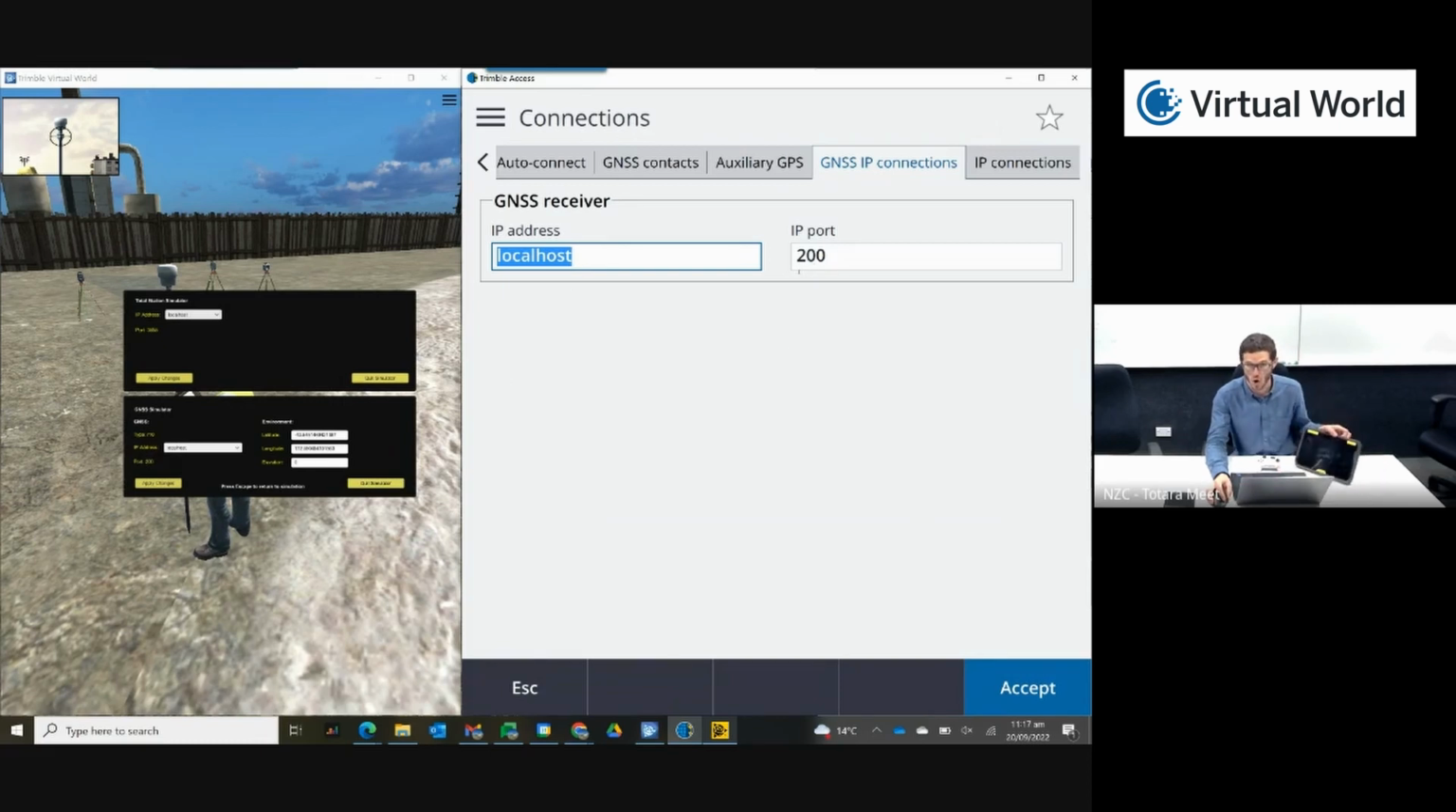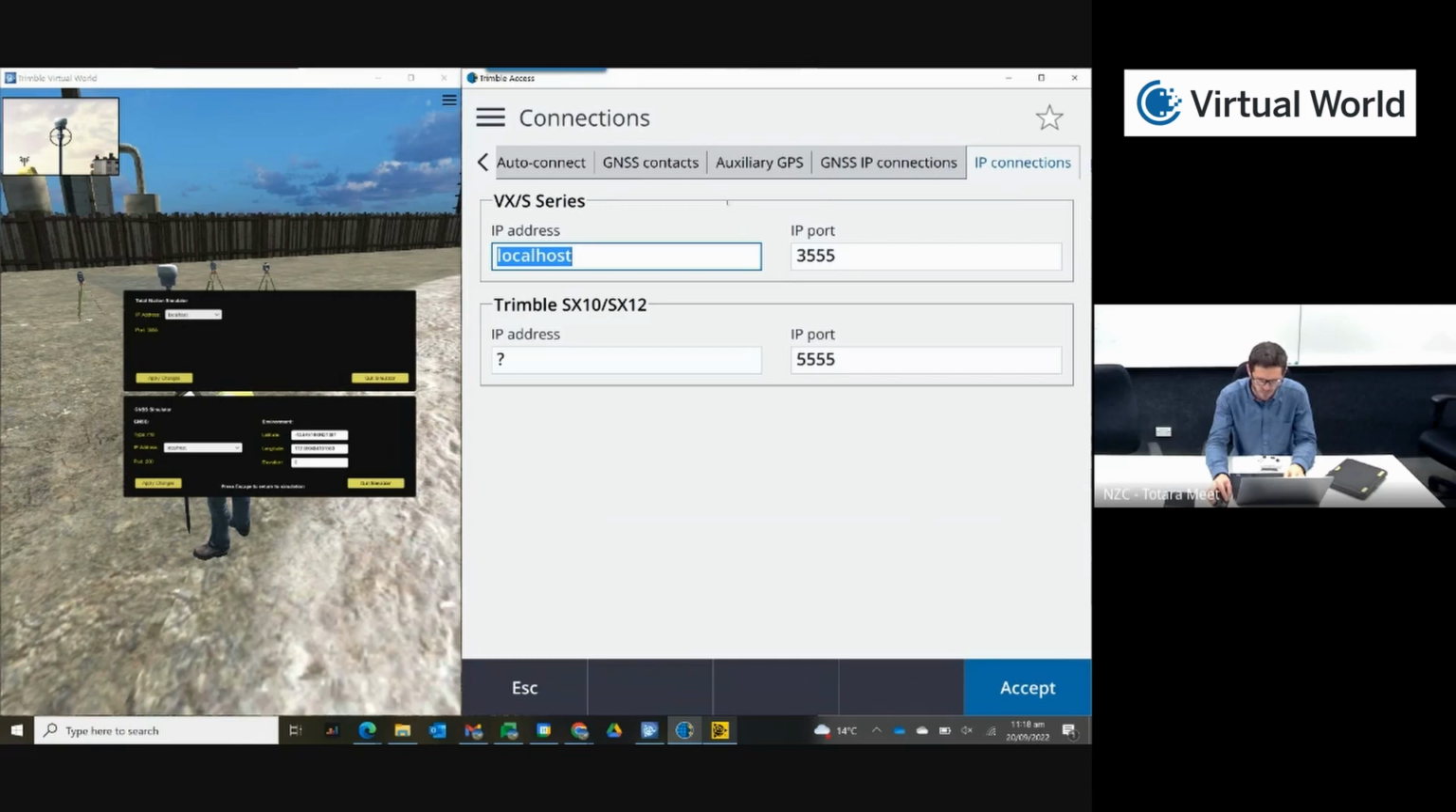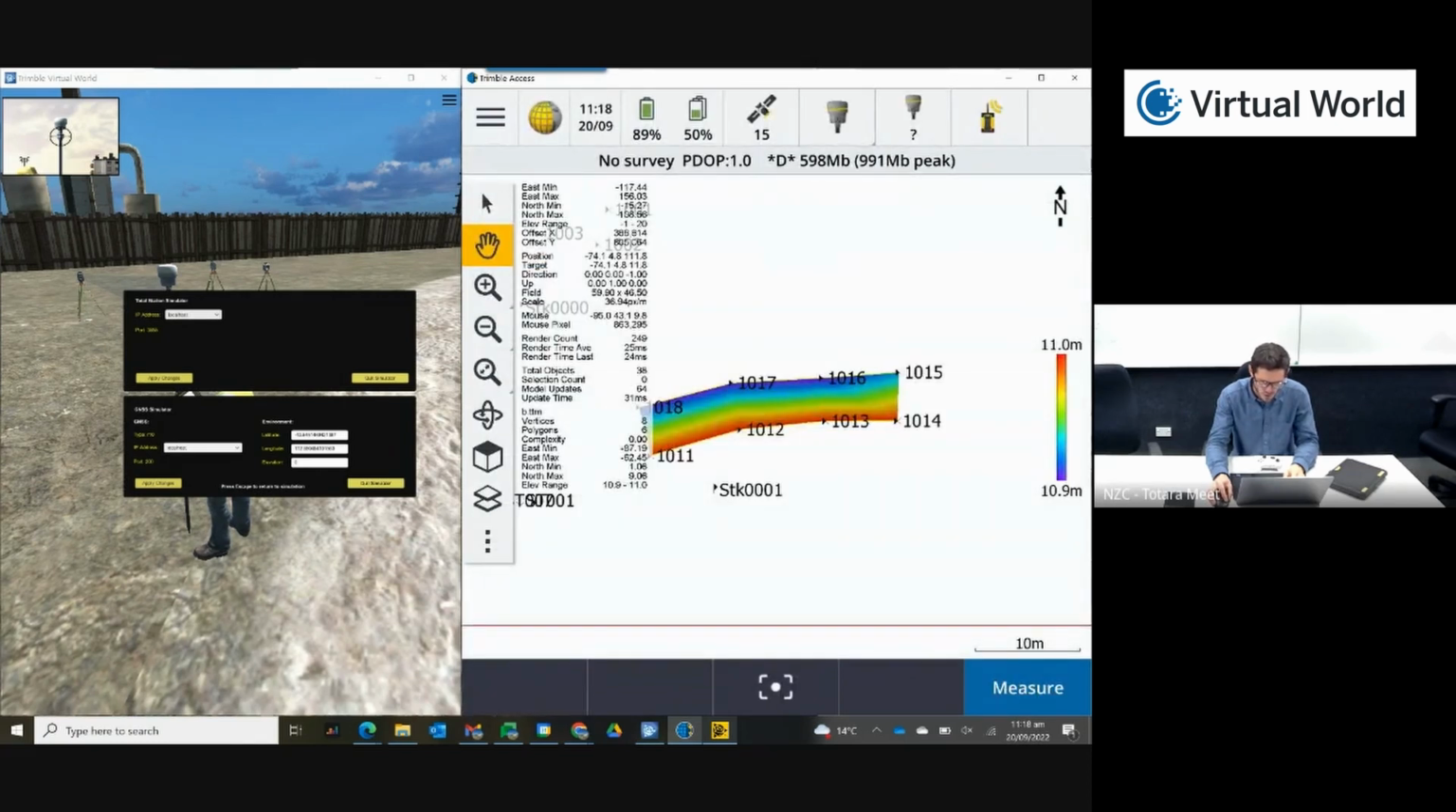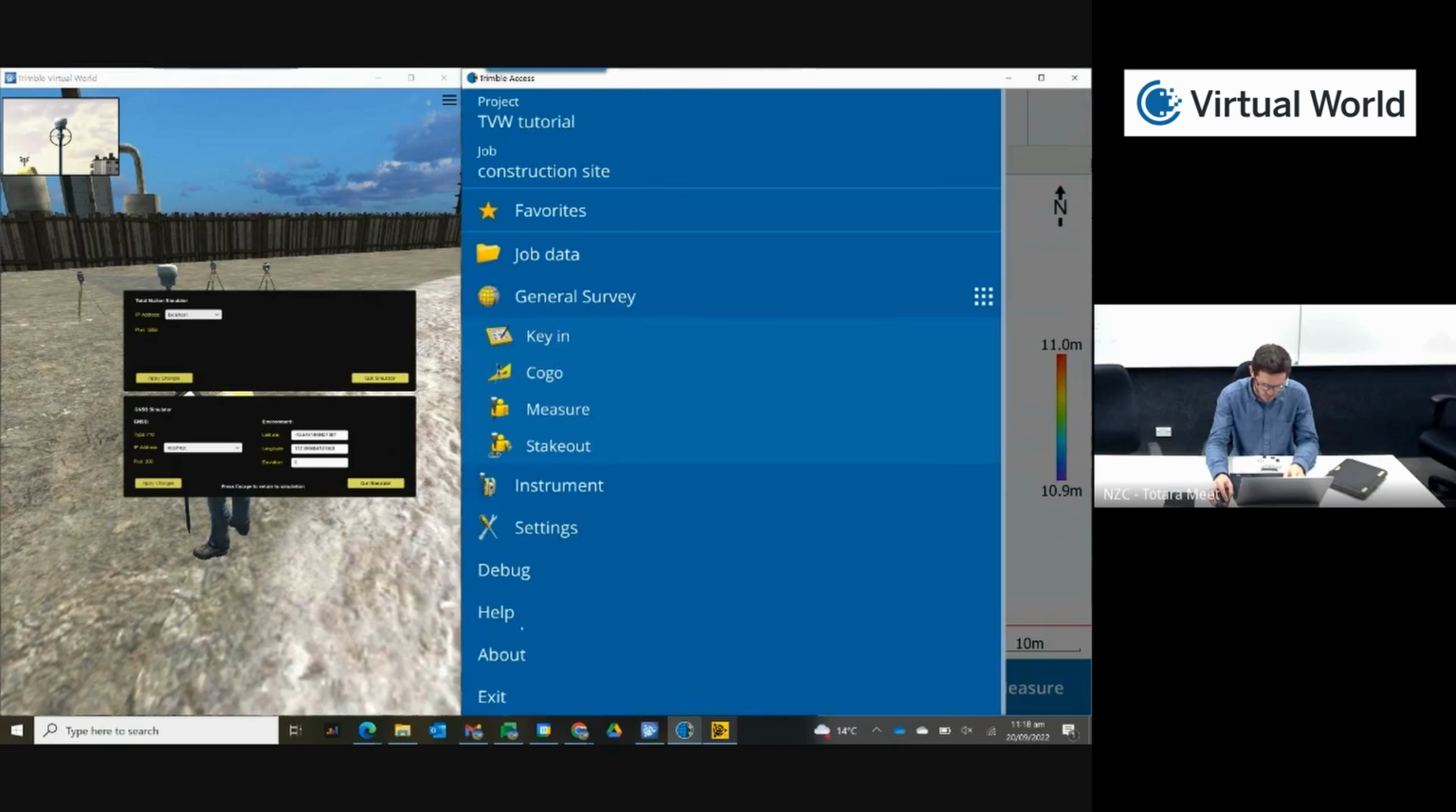If you are on the tablet, for example, I will pick this one. I will need to make sure that on the tablet I enter the right IP address. Very simple. So this is the IP address for the GNSS. We have the same for the total station. Okay, so I'm going to close the debug mode